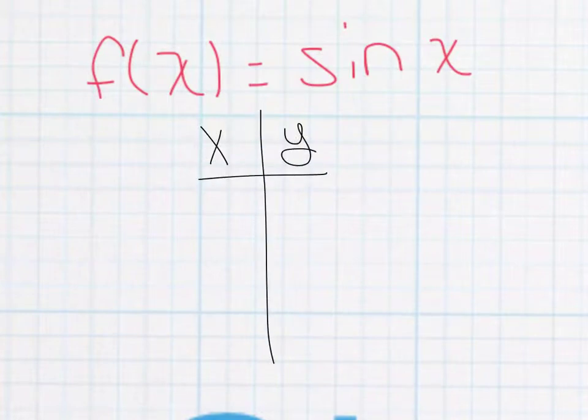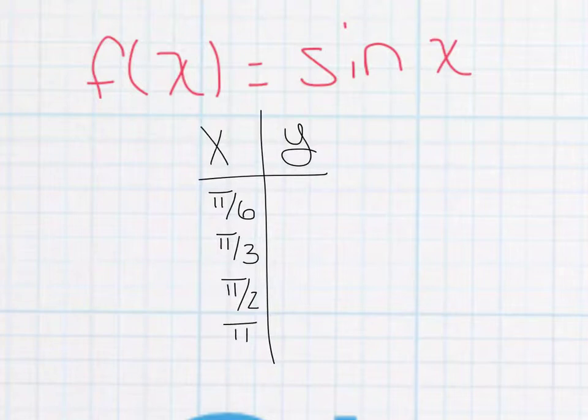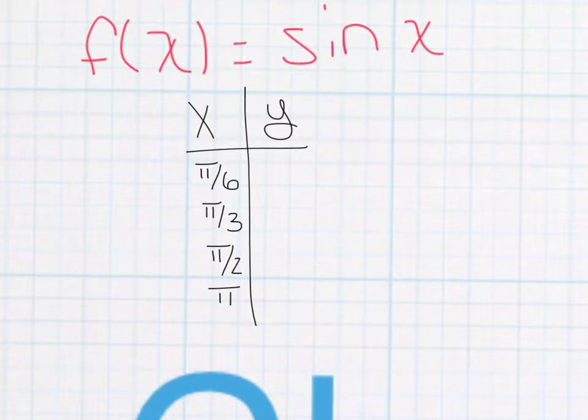And let's start off basic. Let's start off with 30 degrees. Okay, let's do 60 degrees. Let's do 90 degrees. And now I'm going to start skipping a little bit. Let's just do pi. Let's do 3 pi over 2 and 2 pi. And let's identify our output, and then we're going to put that on the coordinate plane and see what